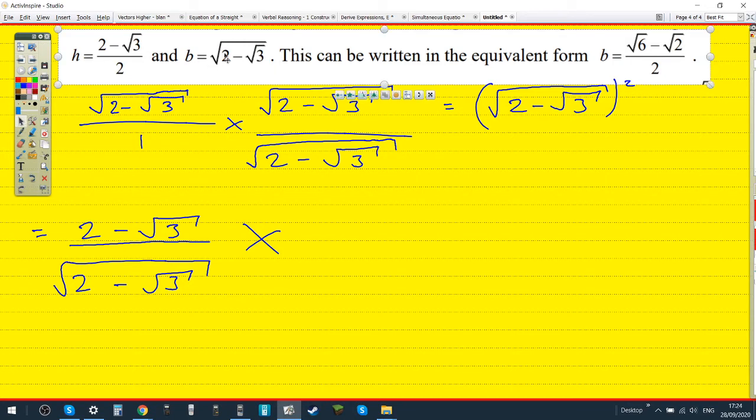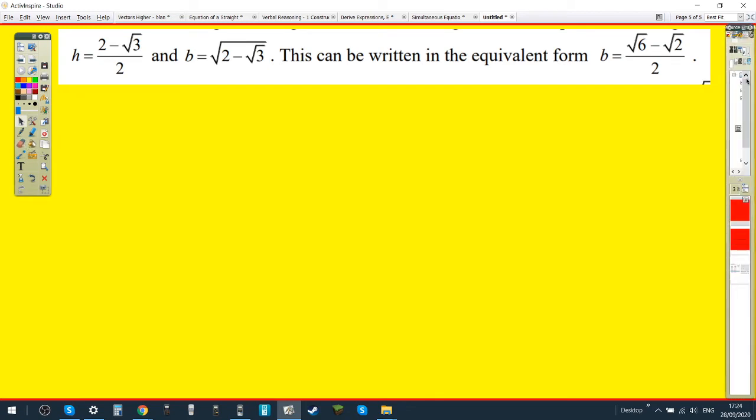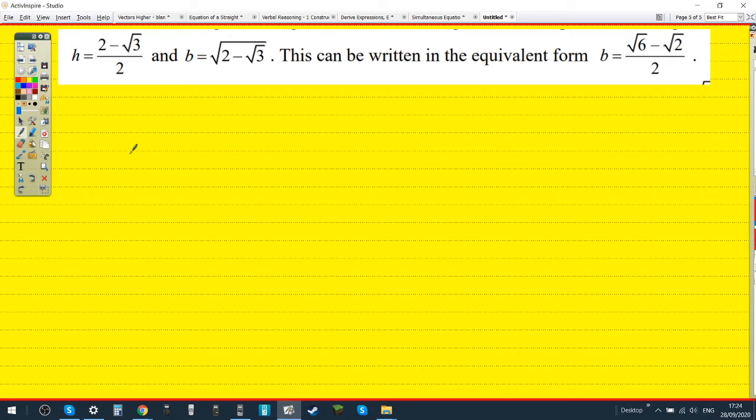Let's try something crazy. But surely rationalizing also doesn't change the value because it's also multiplying by 1. Yeah, it doesn't. You really want to try that rationalizing thing? Okay, so you want to multiply this by square root of 2 plus root 3. All right, how do you do that? It's difference of 2 squares, so